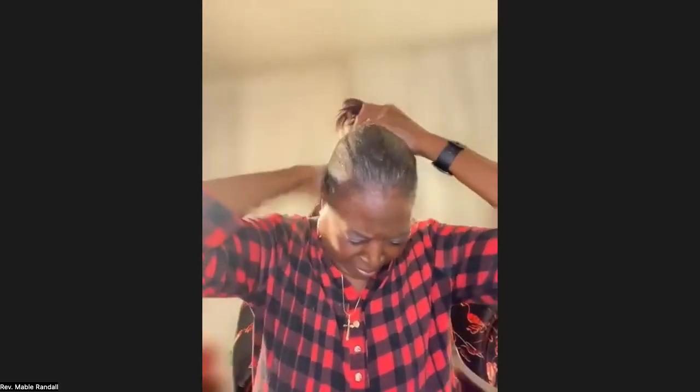Now I'm going to do something. I'm just going to do this. How many of you wear your hair in a ponytail, and you put rubber around it? And you might say, well, no, I had to stop doing that because I got breakage. When you put this conditioner